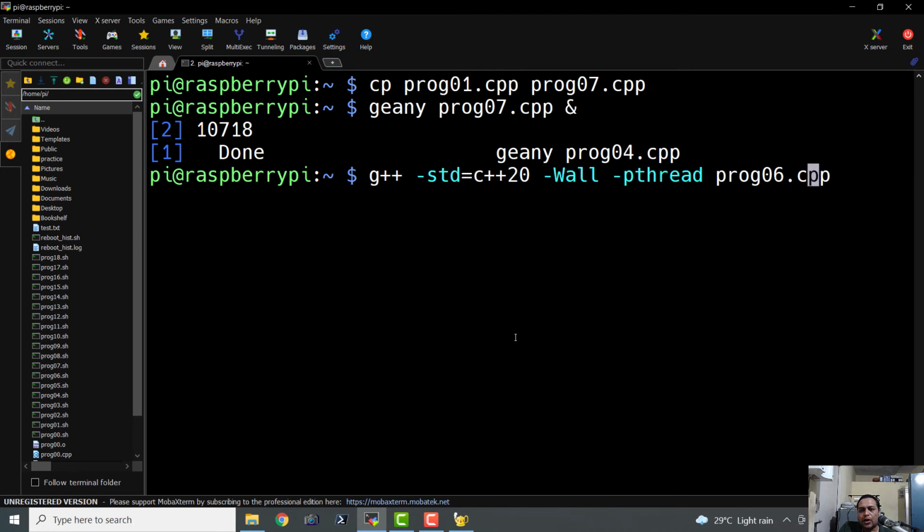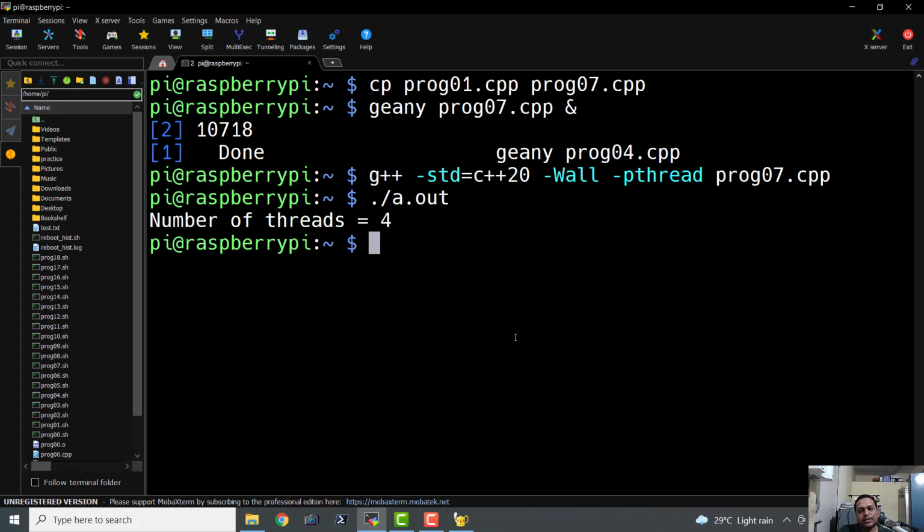All this concurrency and multi-threading depends on your compiler as well as your hardware. We are quite sure about the compiler. The compiler is g++. And let us check what sort of stuff our hardware is offering us. a.out. If I'm not wrong, it is going to be 4. Yes, it is 4. Basically, it's a quad-core processor, that's why it is printing 4. Now, if I try to run the same program on my Windows machine, it will probably show the output 8.